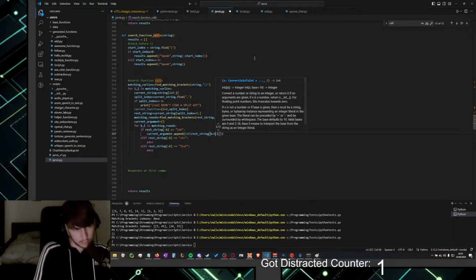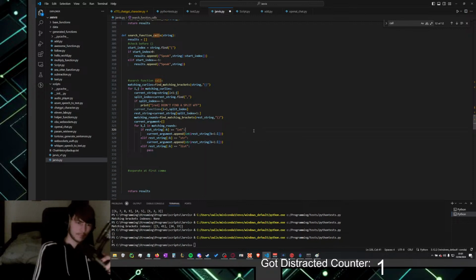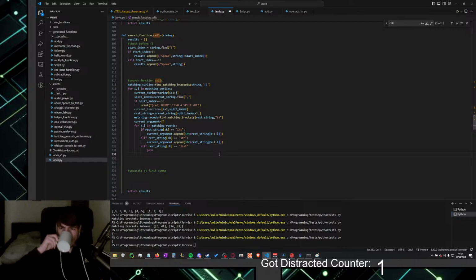K is included, so +1. Same thing for string. Now, list will be more complicated, because for list we have to basically step in here again and do the same thing over and over again. Which is why recursion would be great.